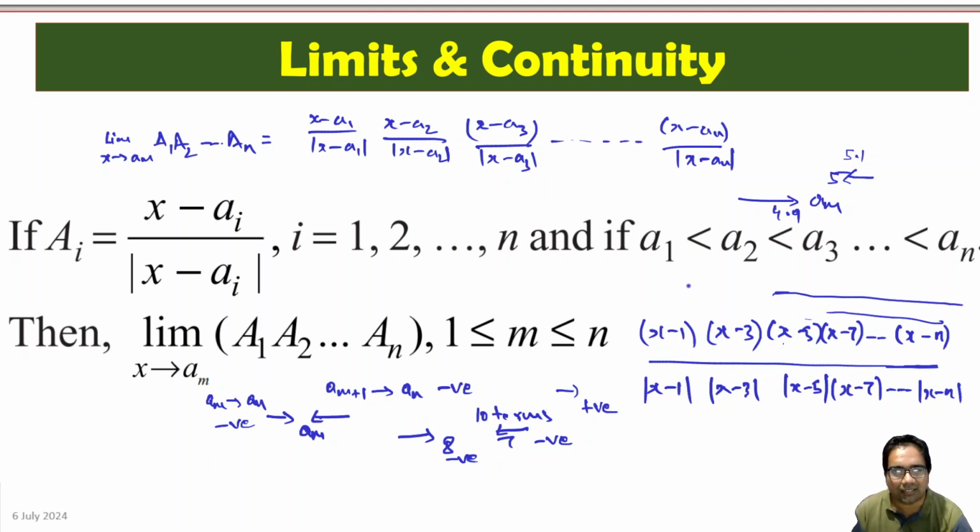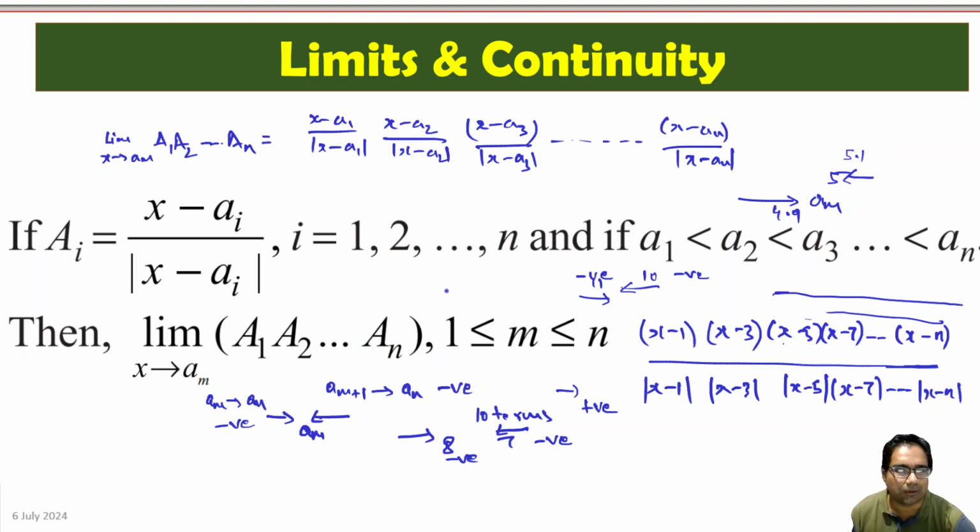If there are 10 negative terms on the right hand side, there will be 11 negative terms on the left hand side. Whichever one you pick, whenever you approach am from the left or right side, one side it will be